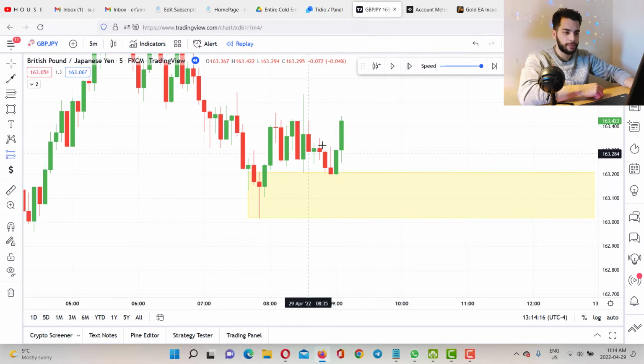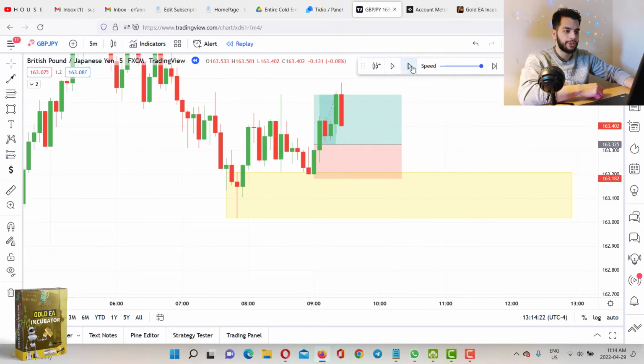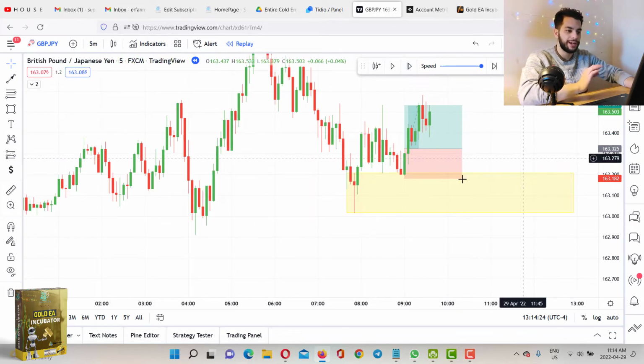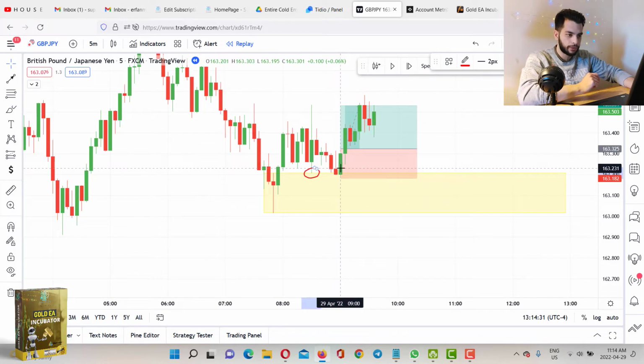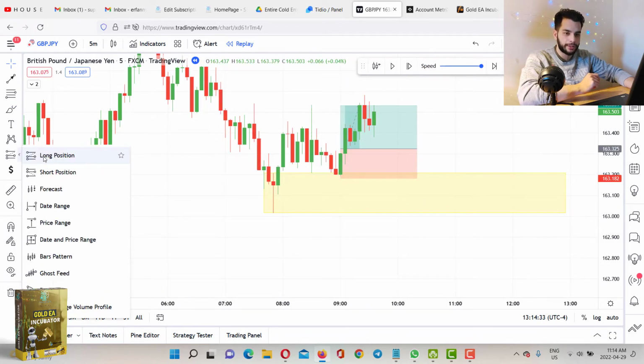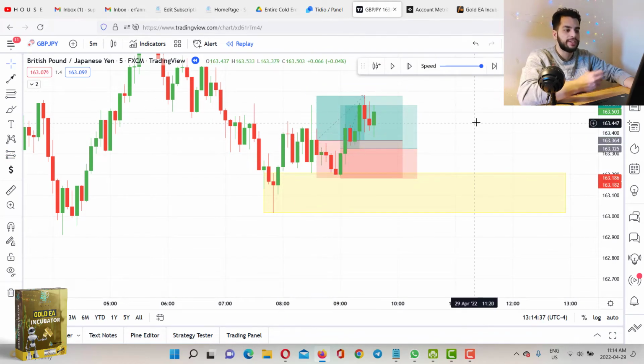So I wanted to take my trade right here, put my stop loss here, my TP right here, and this is exactly what would happen. Crazy, guys, just because of this high probability order block. We got the confirmation. This candle literally tapped. Even if I wanted to take it here and put my stop loss here, it would still be a good